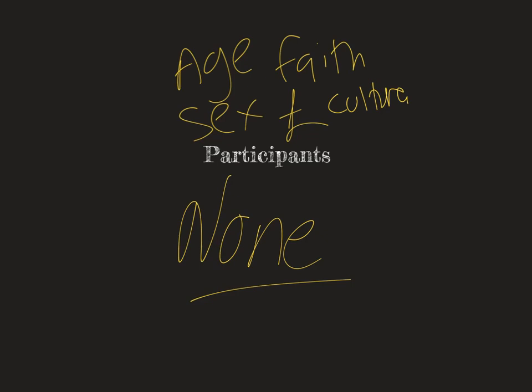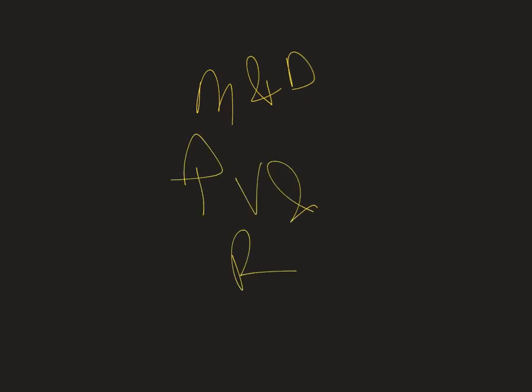So this meant that Myers and Diener didn't actually control anything within their study, and it also meant that they didn't have to worry about any extraneous variables or confounding variables because they wouldn't have come up in their study because nothing was being manipulated. So you might be asking yourself, what is the benefit of using these secondary sources within this study? So it ensured that Myers and Diener were actually dealing with, and subsequently drew the conclusion that they did in the end, had high validity and reliability because of this.